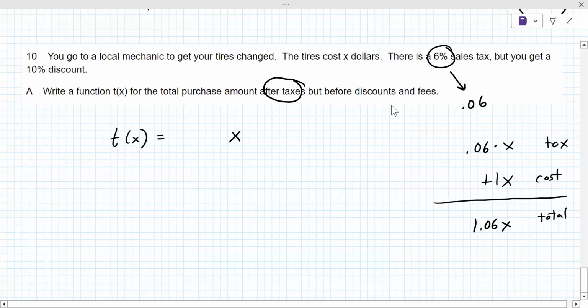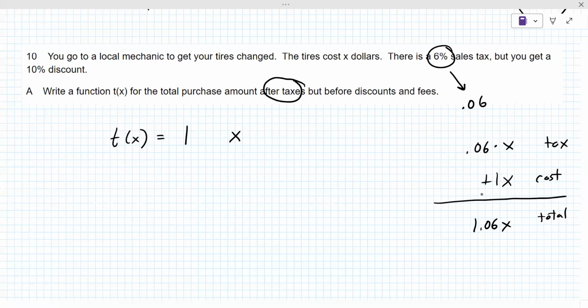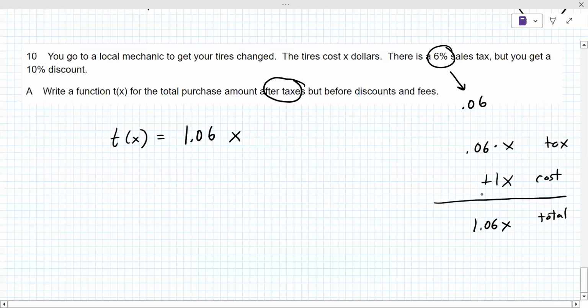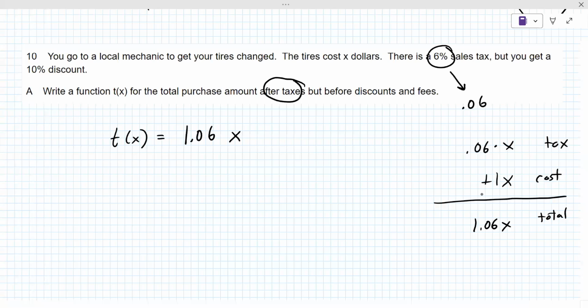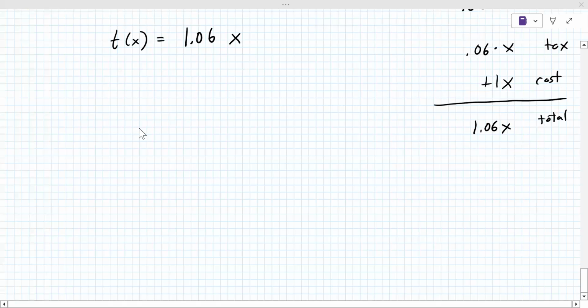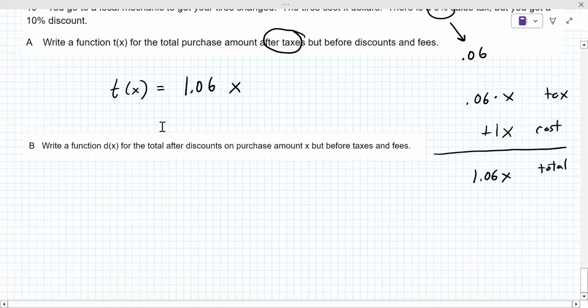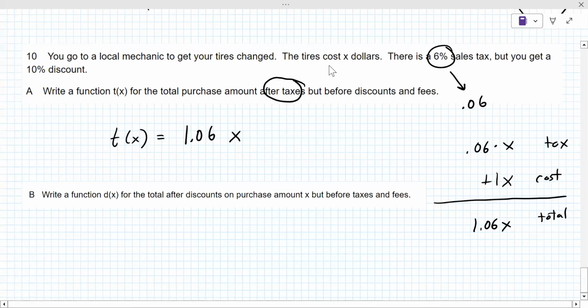So if you just multiply by 0.06, that only gives you the tax amount. You have to add it back to the original. So you might as well multiply by 1.06 for that. So that's everything for part A. Part B. Write a function d of x for the total after discounts on purchase amount x, but before taxes and fees. So the idea here is that the discount